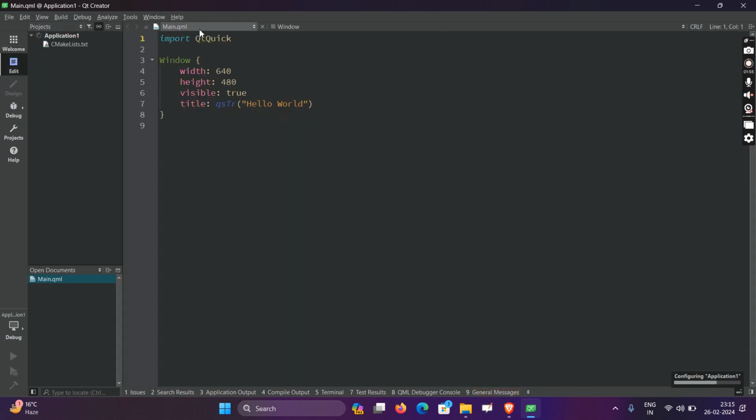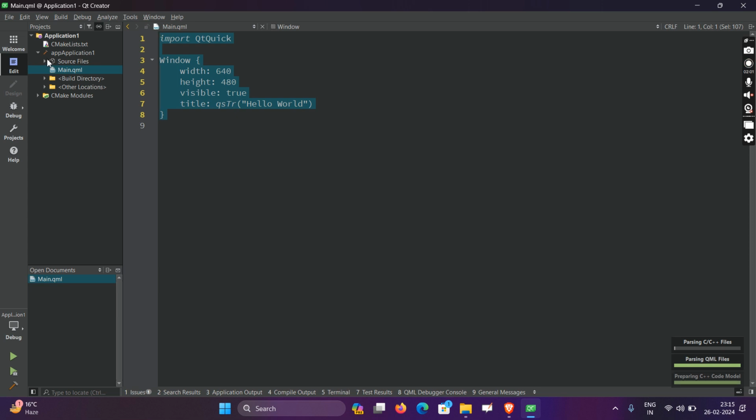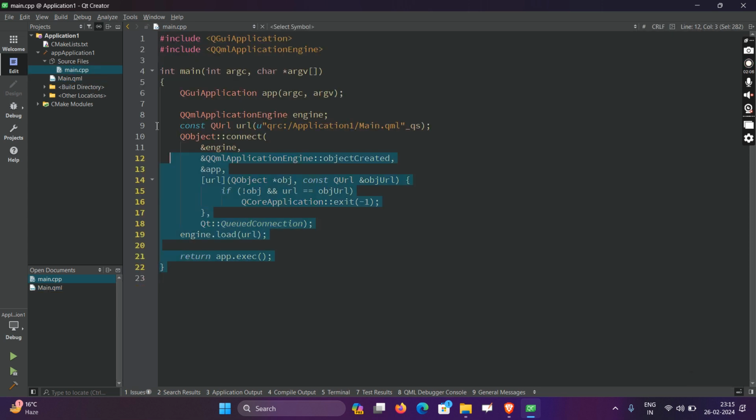Right now you'll see the main.qml file. This is the UI part, right? Whatever is visible, this is the UI. Now if you expand the source files and you see main.cpp, this is the C++ file. If you divide your application into two parts, first is the backend part, and the second is the front end part. Let me show you,